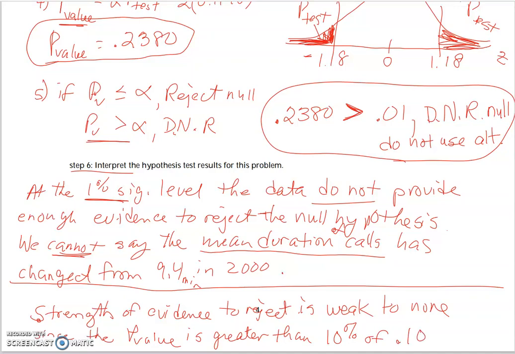So anytime your p-value is greater than 0.10, that means you have a weak to none evidence for rejection, which is why